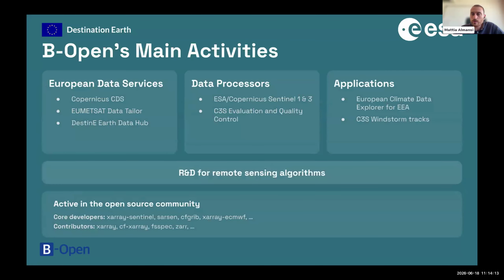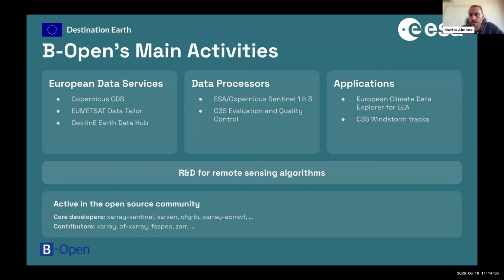Just to give you an overview of the main activities that we are working on at the moment, we are involved with many European data services. Earth Data Hub is one of them, but we are also involved with the Copernicus Climate Data Store and the EUMETSAT Data Tailor. So many of the services that you probably use in your everyday work to download data.